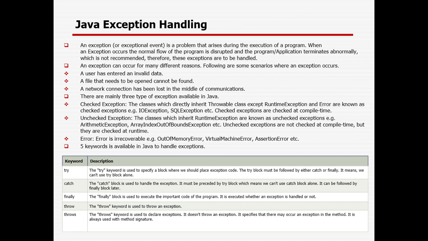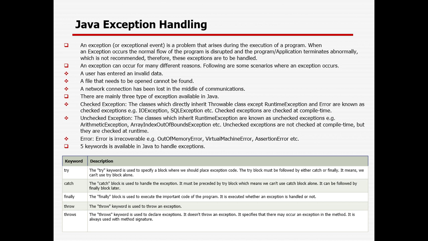Then the last one for today's topics is exception handling. You know what is an exception and what is an error, right? Exception means something you know can happen, so in case you know something, you can definitely handle it so that no interruption happens while running your code. That is called exceptions.